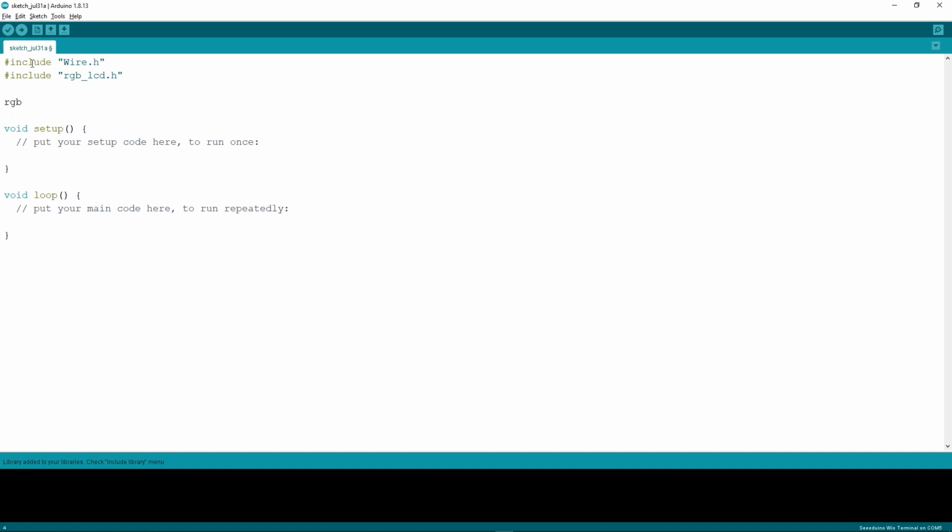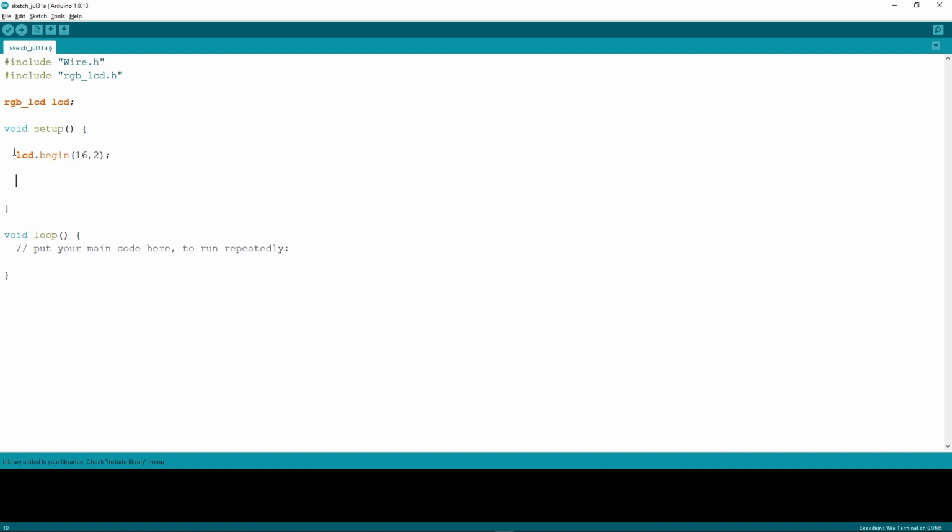After that, let's initialize that library, RGB LCD, and then let's start writing our code for the setup. Let's initialize the LCD screen, the 16:2 LCD screen, by typing lcd.begin 16:2, and then let's print hello world, and then let's add a delay of 1 second, which is 1000 milliseconds.